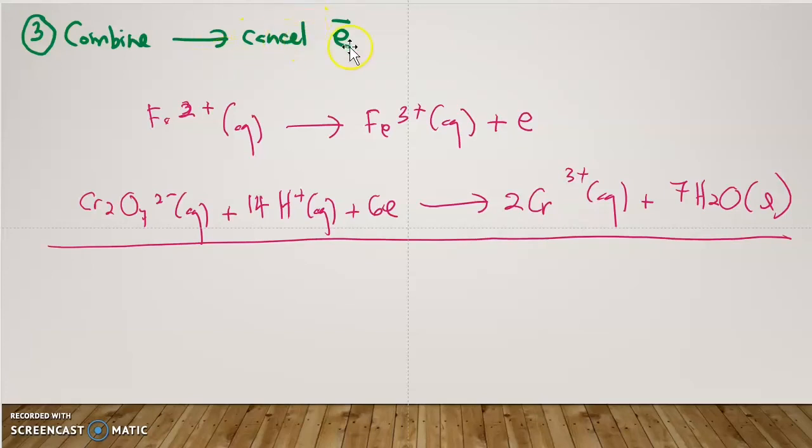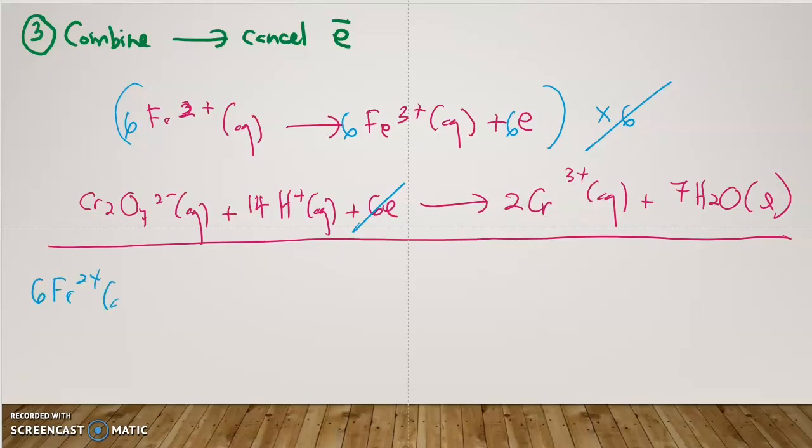The first step is cancel the electron. If you can see, we have 1 mole of electron here and we have 6 mole of electron here. It comes from different sides. This electron is in the product side and this electron is in the reactant side, so we can cancel it. Since we have 6 here and we only have 1 here, we have to multiply this equation by 6. Now we can cancel it and the final equation will become